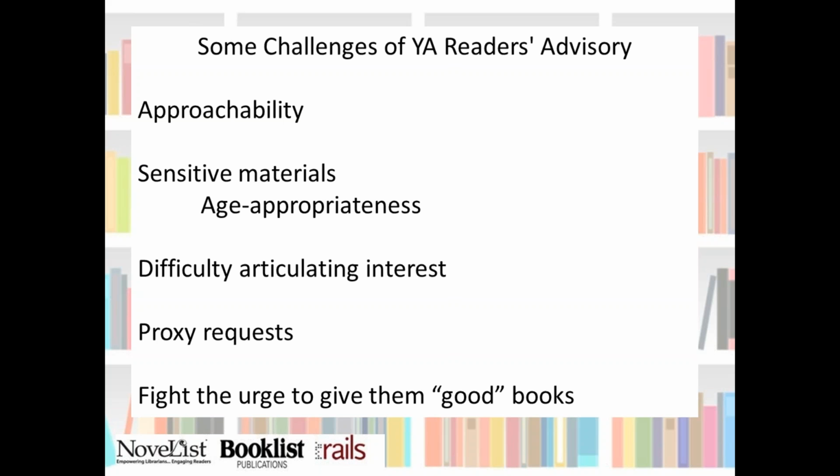The next thing that can be a challenge is difficulty articulating interest. Young people might know what they like to read, but they might not be able to express it to the librarian. And as I mentioned earlier, they likely also have no familiarity with appeal terms. If we use our appeal jargon with them, they're going to look at you like you're speaking another language. This also holds true for our adult patrons. A lot of them can't tell us what they like, and it's the whole dreaded, well, I just want something good to read.